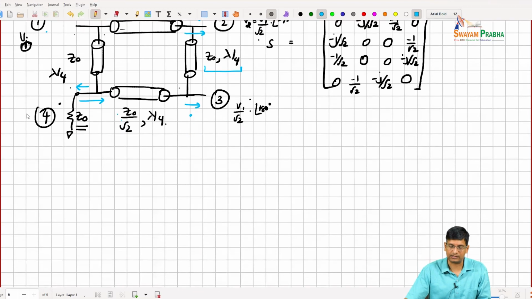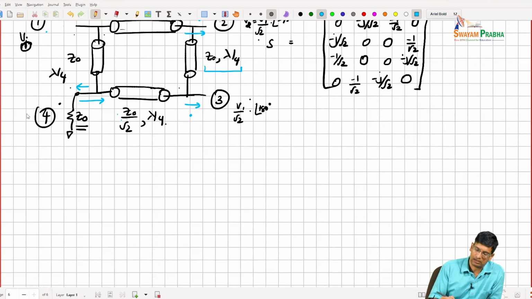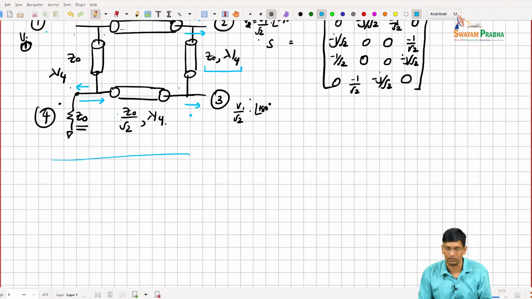So this was an example of a branch line coupler, but you can clearly see that this coupler is going to be quite big, right? Because it's got 4 lambda over 4 sections, right? And if I want to get 180 degrees,